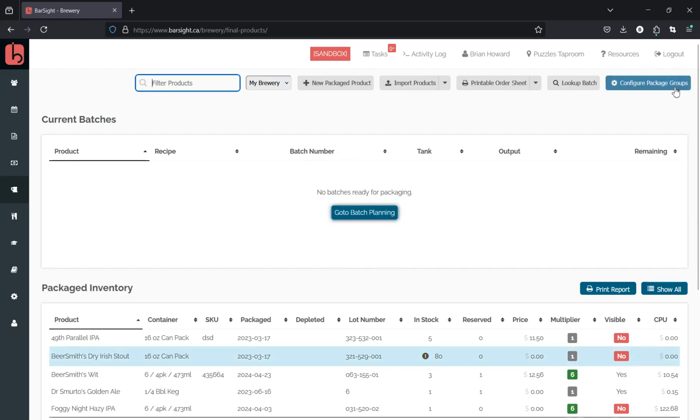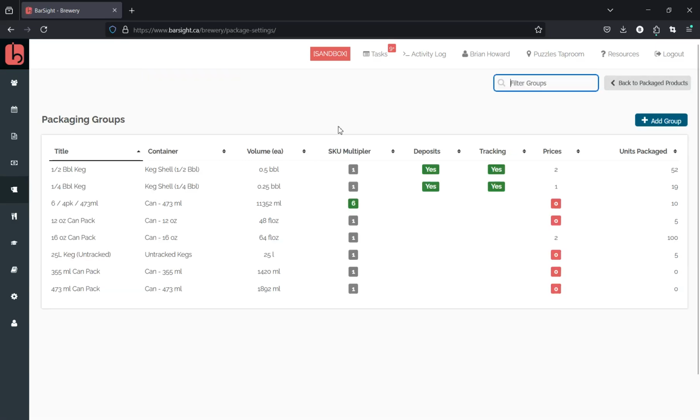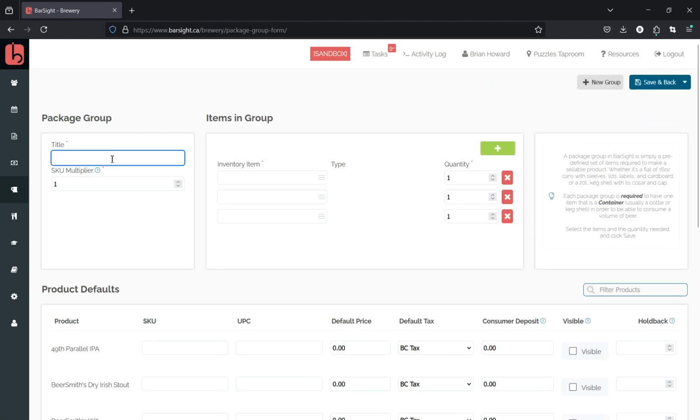Now with our kegs and our keg caps and collars, let's go and create the package group itself. Just head to Final Brewery Package Products, and over here we have the button Configure Package Groups. You can see I've got a couple package groups already set up here. What we're going to do is we'll do Add Group, and we'll do our new 50-liter